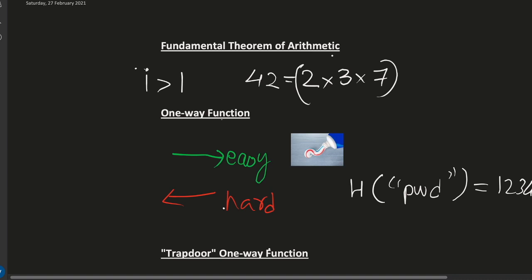Another example would be if I pick very large prime numbers. Let's say I pick prime numbers that are 500 digits long, and I multiply them and get n. Let's say I'm picking two prime numbers, p and q, which are very large, and that means n is large as well. Given n, it's really hard to actually get back p and q. By easy and hard here, I'm talking in terms of computational complexity.